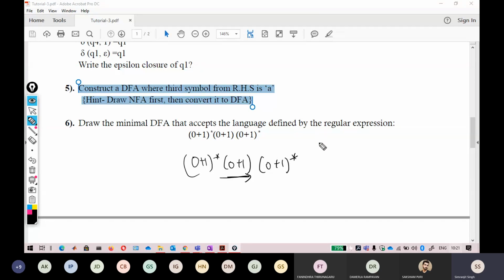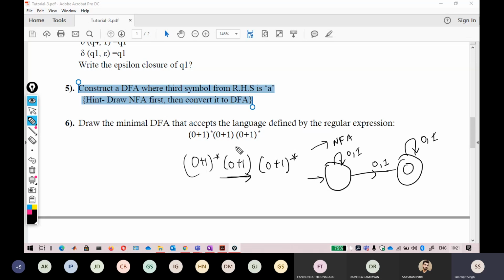Okay, so now you can go with the NFA. Now the NFA can easily be drawn, but I don't think you should go with it because the DFA can also be drawn directly. So an NFA will look like this. Just take a little bit of time and see that if I generate the strings here, like 0, 0, 0, 1 from this, followed by a 1 and followed by a 0, 0, 1, 0 from anywhere.